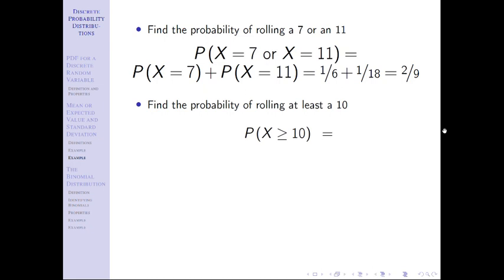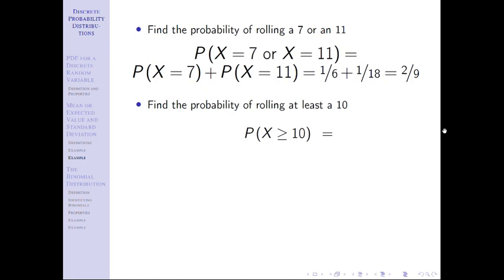Well, and you may say, well, how do I know how to rewrite it? Well, we know kind of where we want to get to, right? We know we want to get to a bunch of probability x equals somethings because then I can go to my table. So I don't know exactly where I want to get to, but I have an idea which helps me go forward. And I say, let's just think about what are the possible options that are greater than or equal to 10? Just from an English standpoint, what are the values that I could roll that are at least 10?